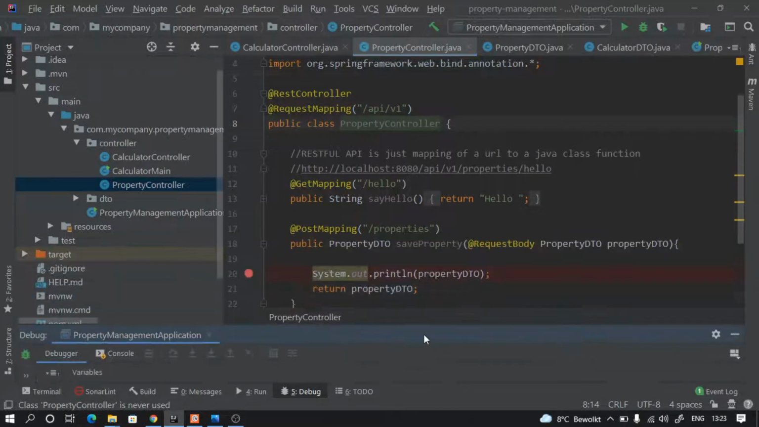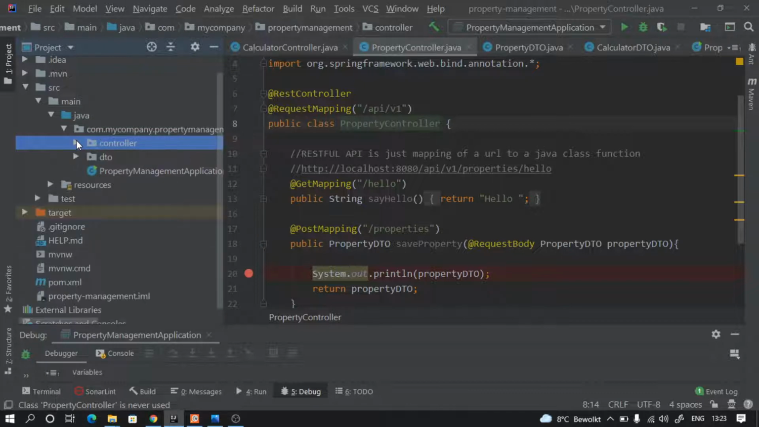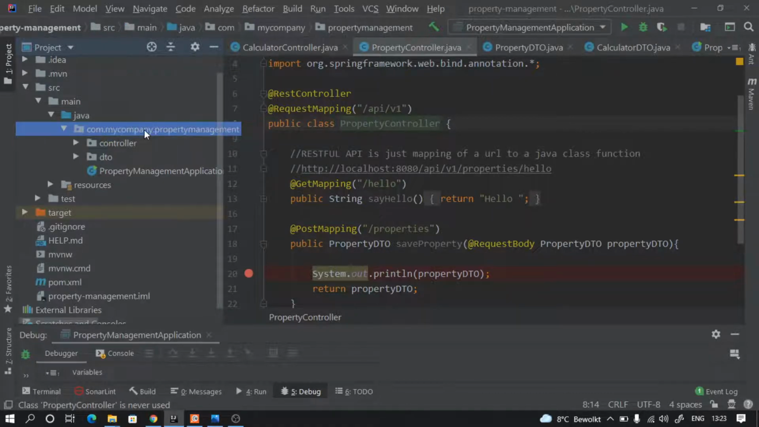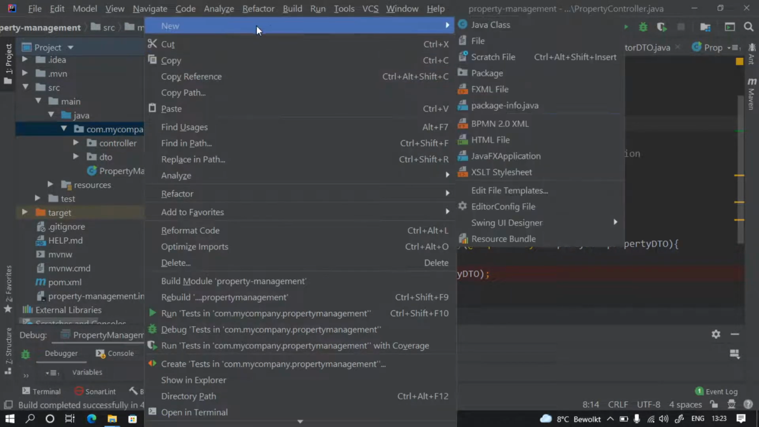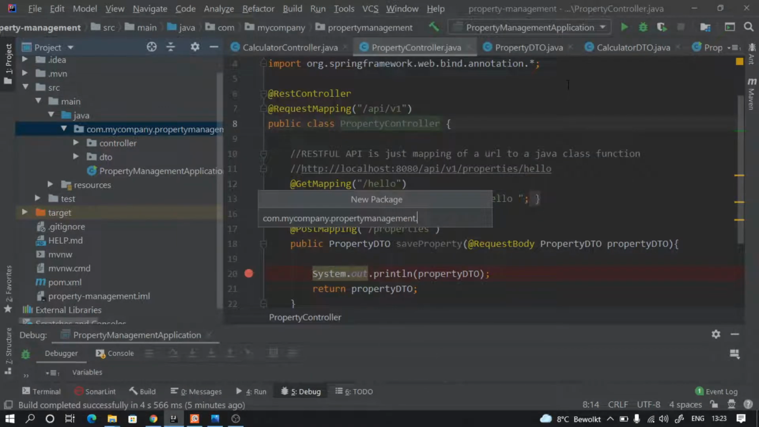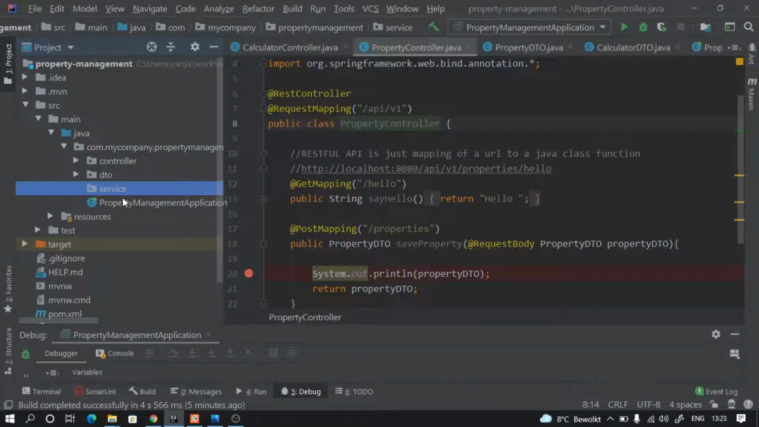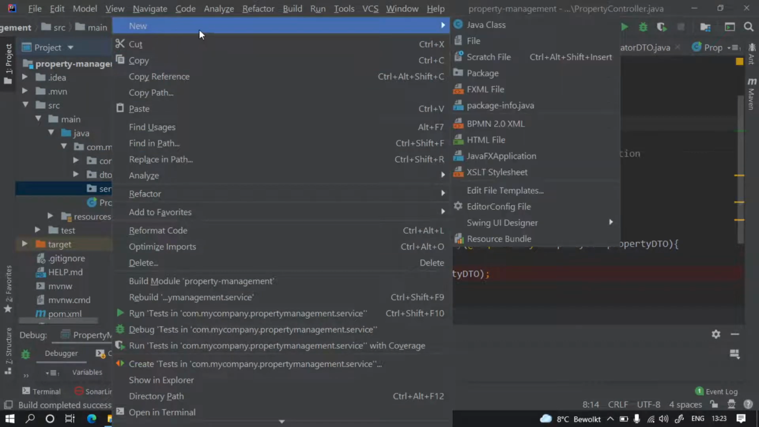Welcome back. So let's go ahead and create another package for keeping our service layer. Click on the root, right click and create a new package. We can give this the name service, or it can also be called business, but we will keep it as service. In this service, we will create a